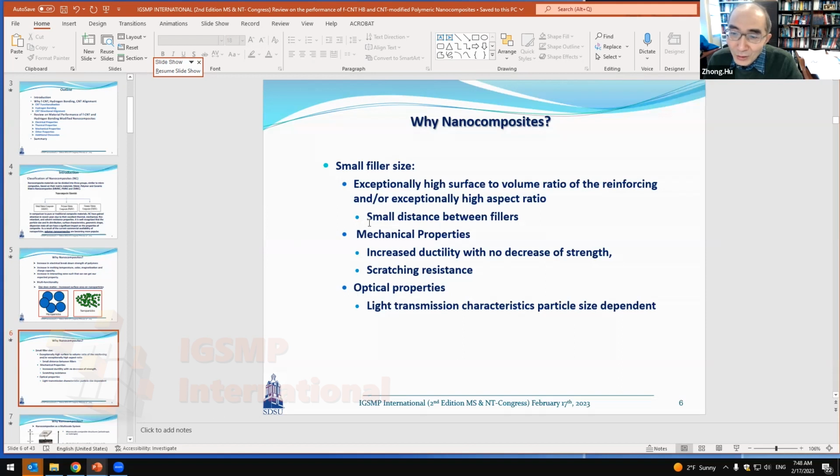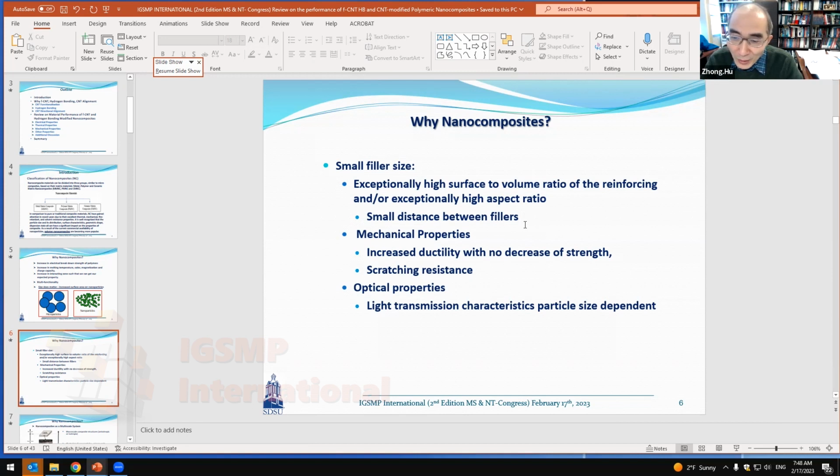And there's also a small distance between the fillers. For the mechanical property, of course, you increase the ductility without decreasing the strength. And with a nanoparticle, you can increase the scratch resistance, so you can use it for